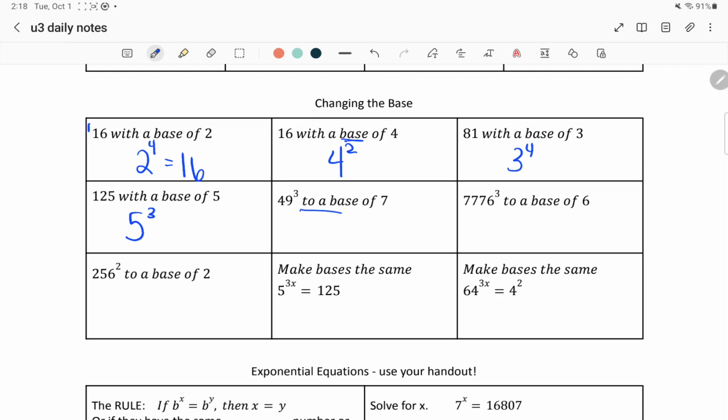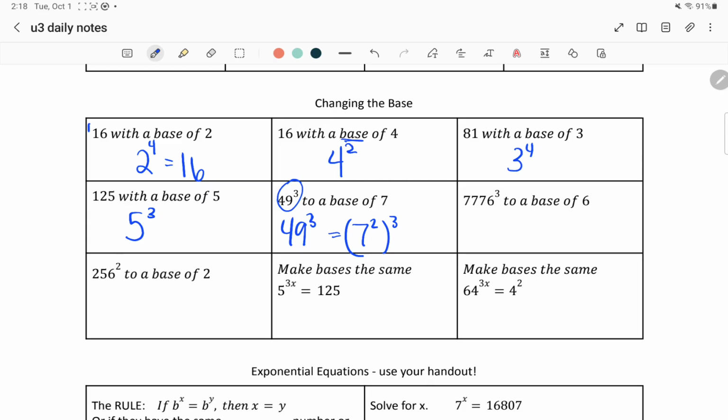2 a base of 7. So can I rewrite this so that it has a base of 7? So 49 to the 3rd, we have to think 49. What exponent do I have when I have a base of 7 and it equals 49? So 7 cubed, squared, 4th to the 3rd power. I need to find 49 there. So I'm looking at my 7s, and I see that 7 squared equals 49,